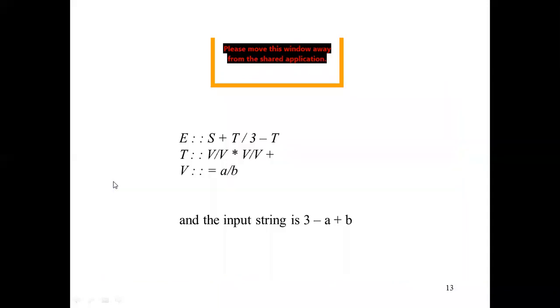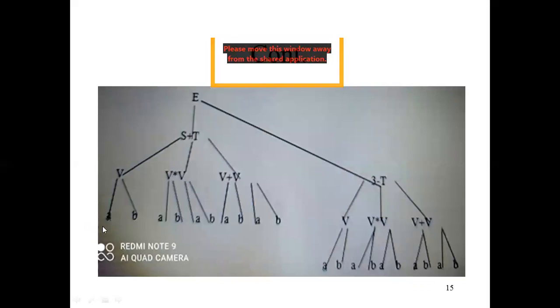Again, we can replace V by either A or B. So we can choose A or B for this V. Similarly, we can replace this V by A or B. For V plus V, again this V can be A or B, and this V again A or B. In the same manner we write the different values of V; we have the option for each one.